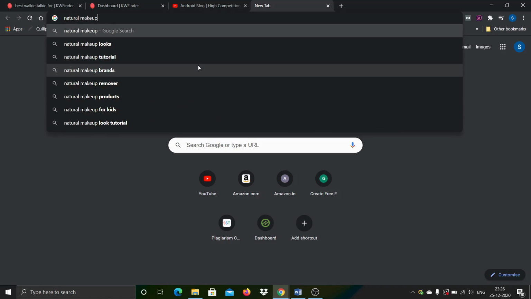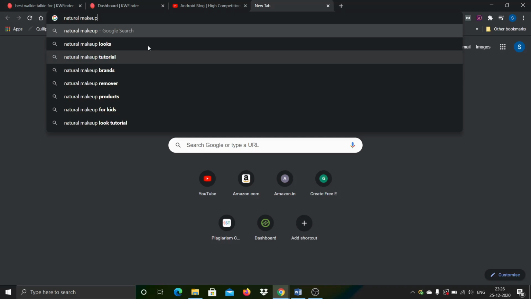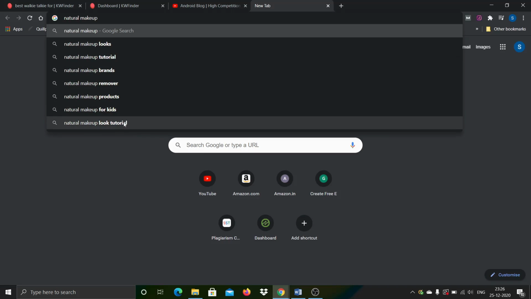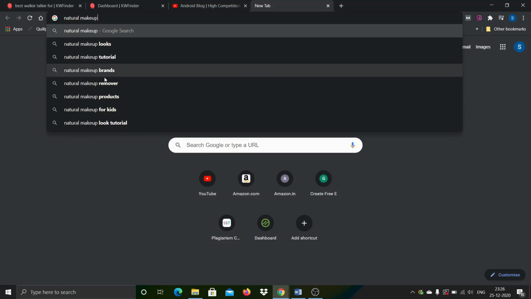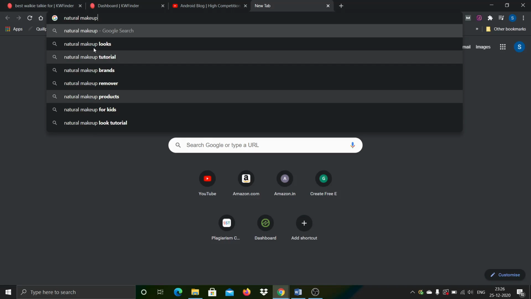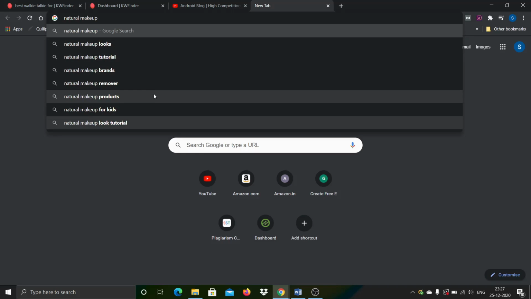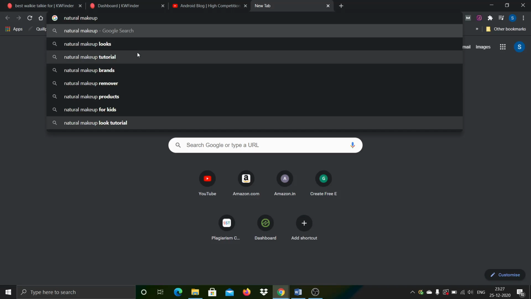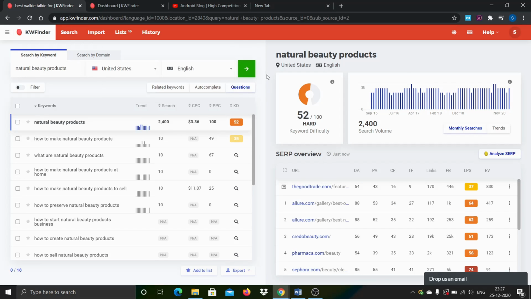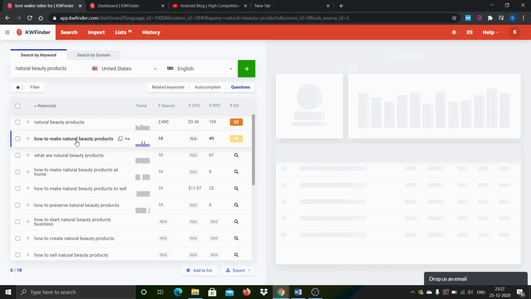makeup kit. Now when you are typing, Google will suggest certain words as auto suggest. What it means is, these are the potential keywords, the other words that users are frequently searching. That is why it is coming into the auto suggest, and the potential for these keywords is very high. What happens is, if these are old or established keywords, they come into the tools. Otherwise a lot of the tools miss out this auto completion, but this particular tool actually created an exclusive tab for autocomplete. For example, let's pick up maybe this one and then look at